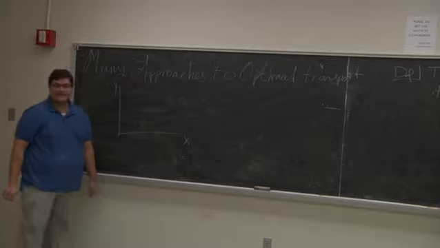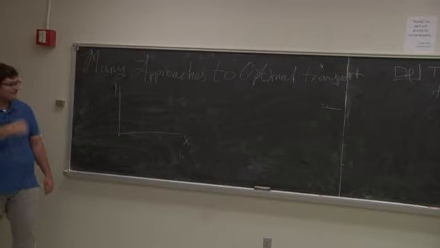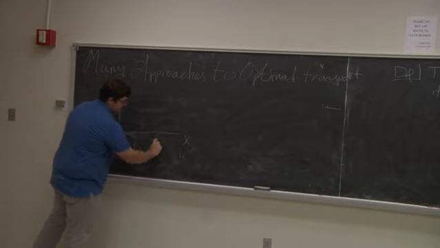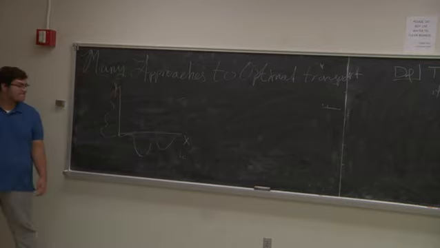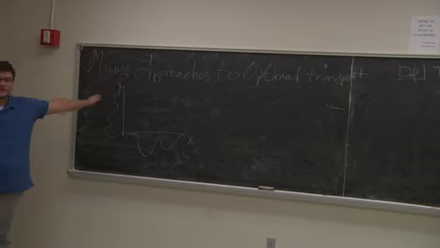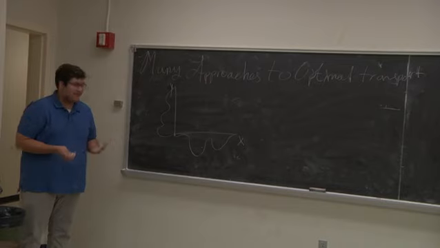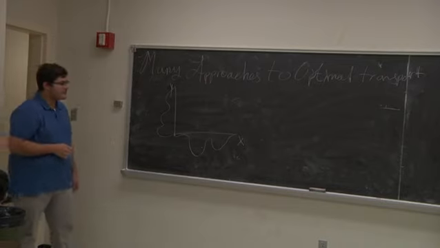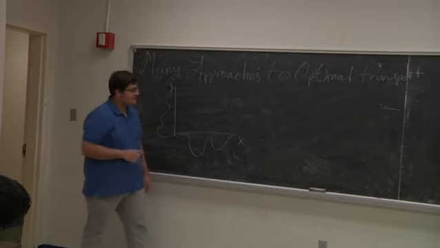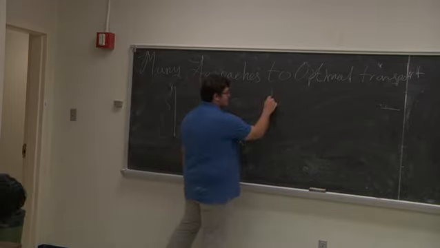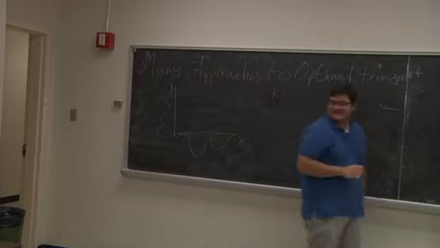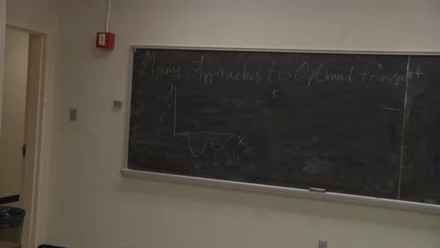X and y. And then I were to have my densities on x and on y. So the question is, how can I transport from x to y optimally? And the answer is the same as the answer to the Monge problem. But what the Soviet mathematician I was telling you guys about